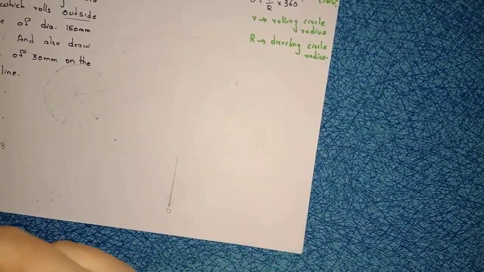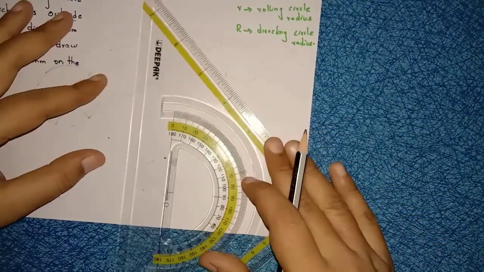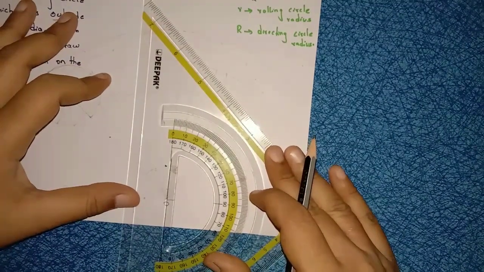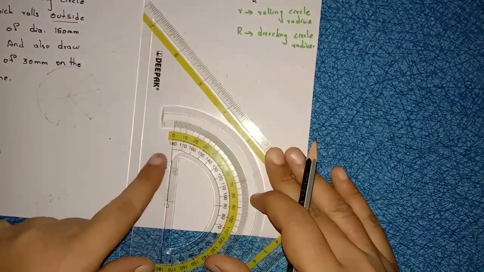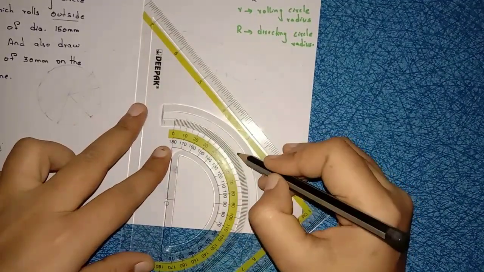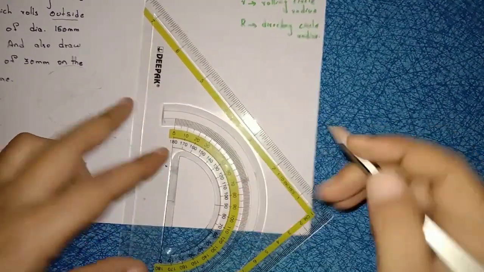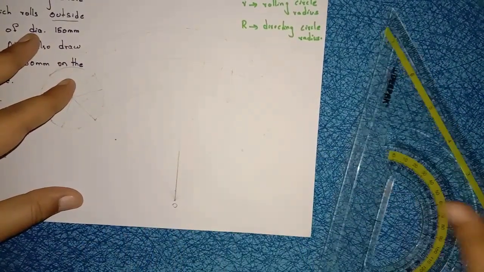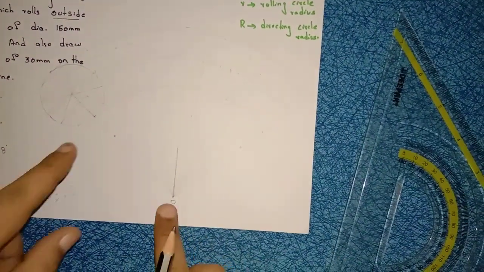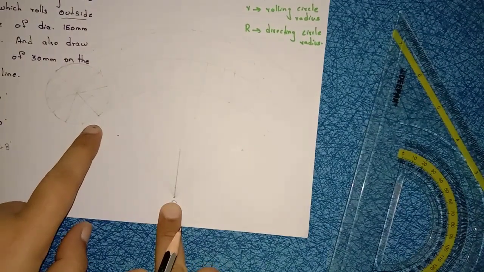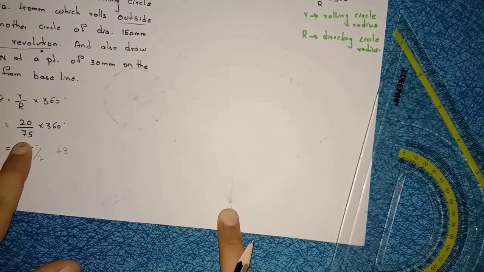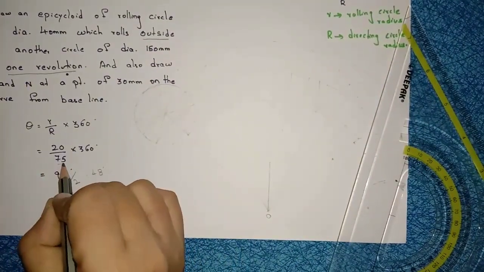Then next I should turn my protractor like this. Again I should keep my protractor on this line, from O point, this is 0. Again I should mark 48 degrees, right? 48 and 48. Now how much length do I have to draw here? This length is nothing but the radius of the generating circle, 75.